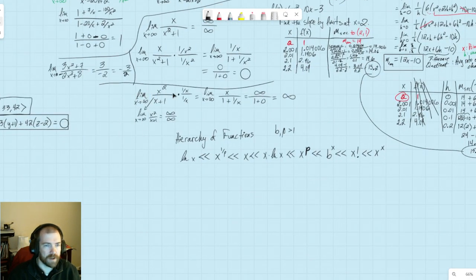Whereas down here, if we have a larger degree polynomial on top compared to the bottom, then the opposite is true for what we were saying up here. Our numerator is going to go to infinity a lot faster. So the top will be gigantic when the bottom is just big. So gigantic over big becomes bigger and bigger and bigger. The differences between them are going to become more exaggerated as you go further and further out.